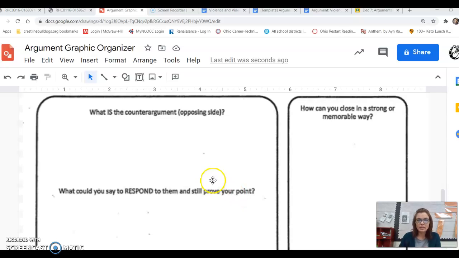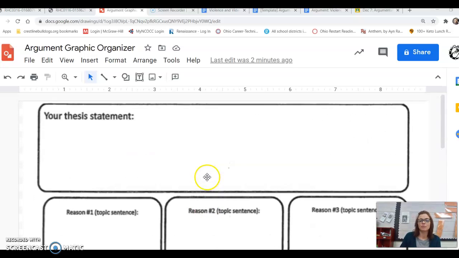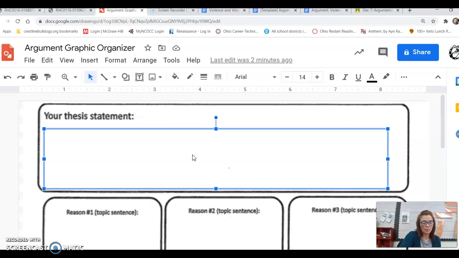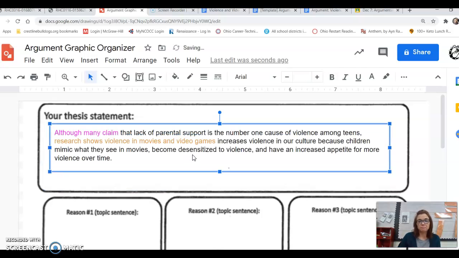Now, the good thing about this is most of the work, if you've been doing it all along, is already done for you, and you just kind of put it together and piece it together. So let's look at the thesis statement first. Where is that information going to come from? So I want your thesis statement to start like this.